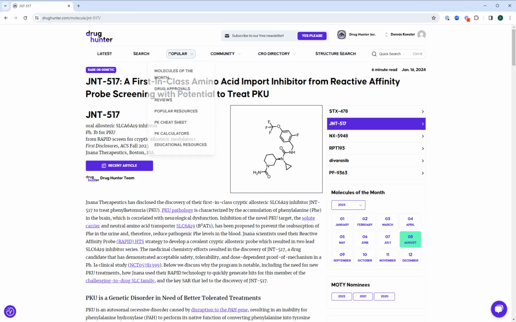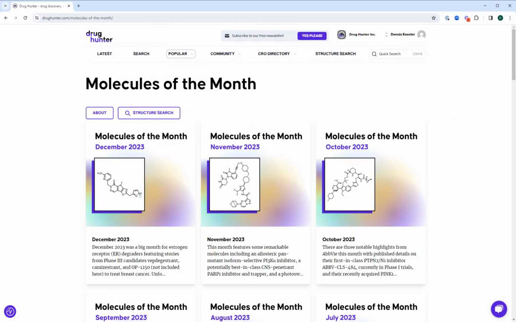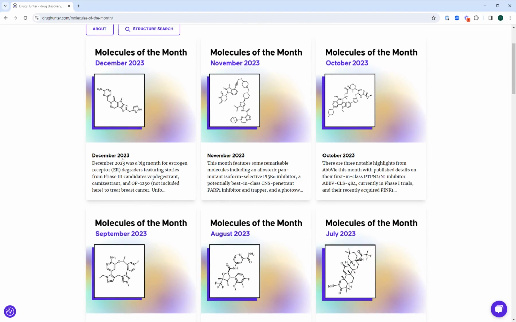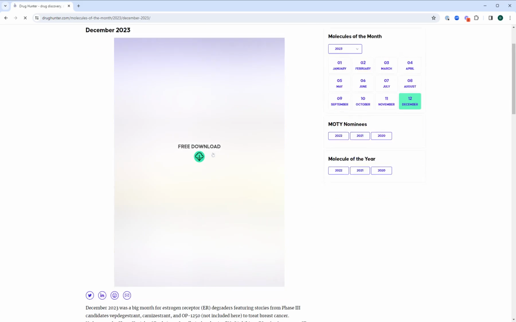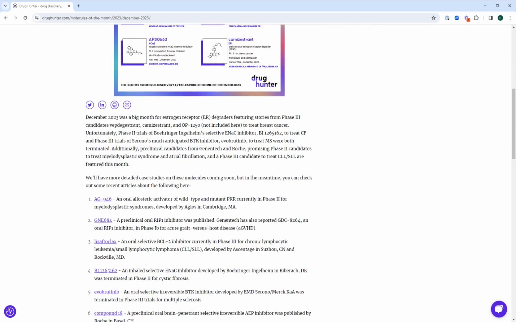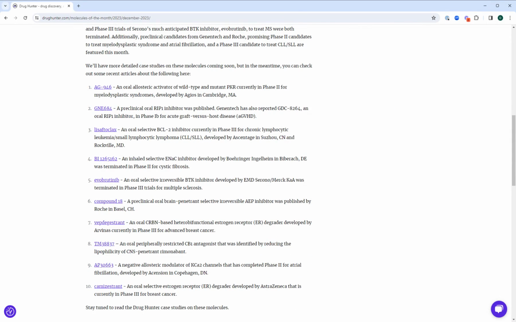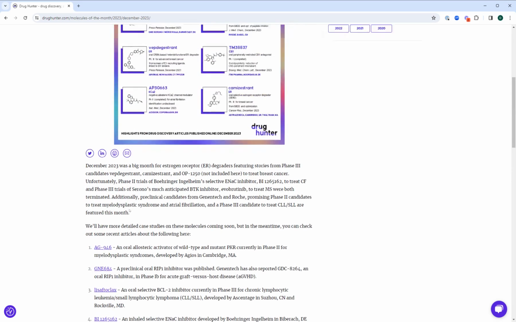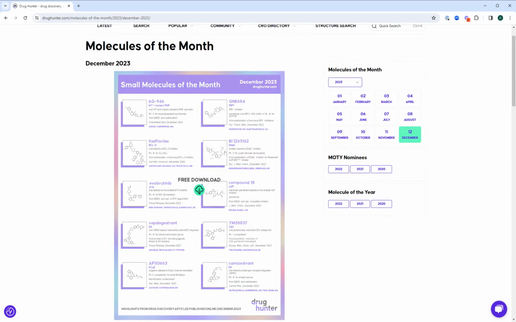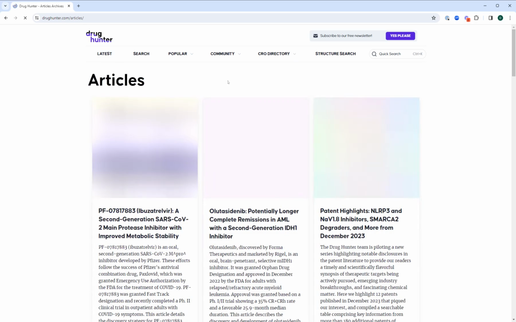Each month, we will be publishing the molecules of the month, so you can see what the industry paid attention to in any given month. It will give you a poster of the 10 top molecules with the executive summary right here, and we'll also link out to the articles that covered them. In some cases, we also wrote case studies on them, and we'll link out to those. So that's a very useful resource that our readers find very valuable.